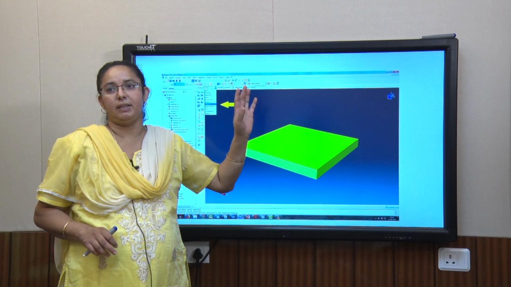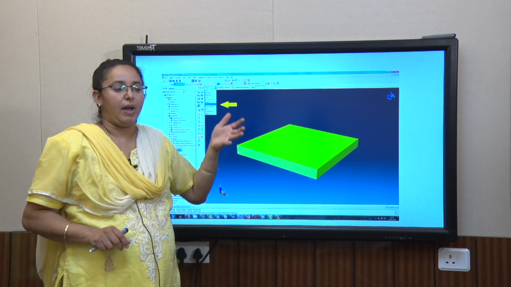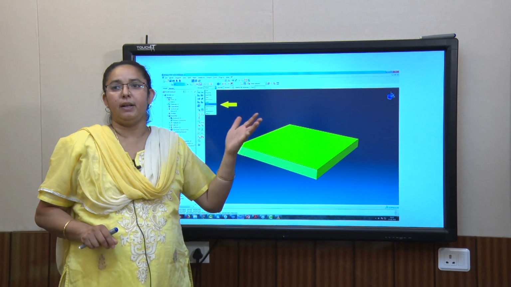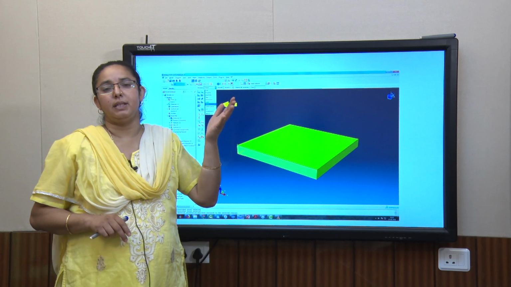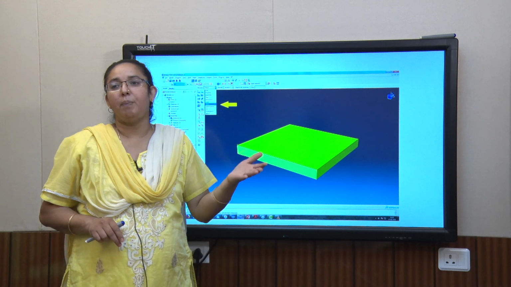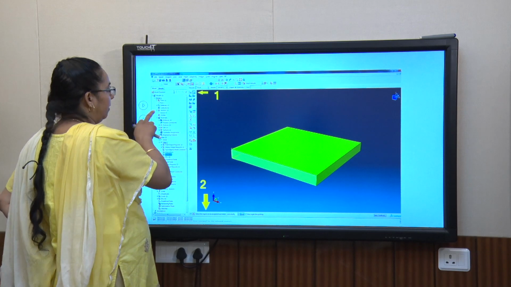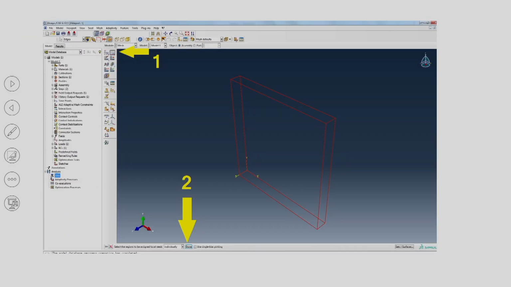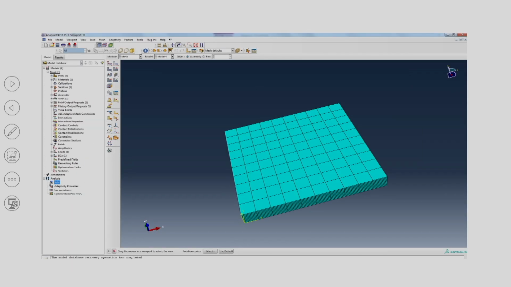Not default free meshing. We should not go for free meshing unless we have a very varied or complex geometry, so that we cannot define a structured mesh. Then we can go for free meshing. But for regular parts we should go for mapped or structured meshing. There you divide each edge into 10 parts, as a standard way of doing it, and through the thickness. So it's a regular kind of meshing.